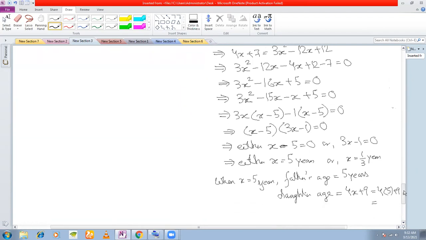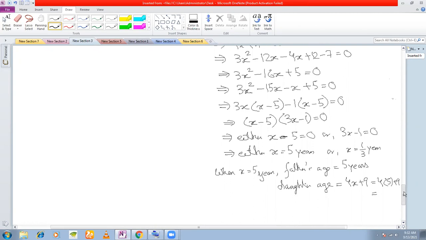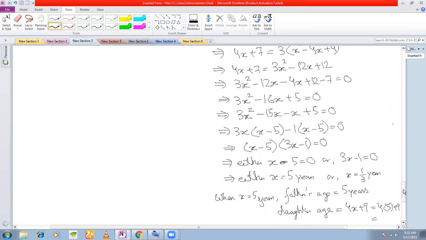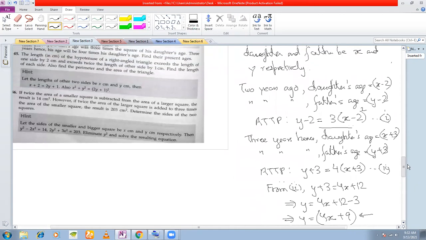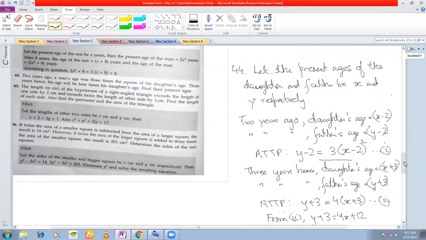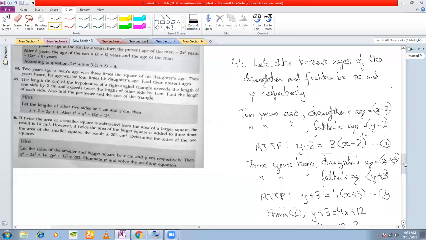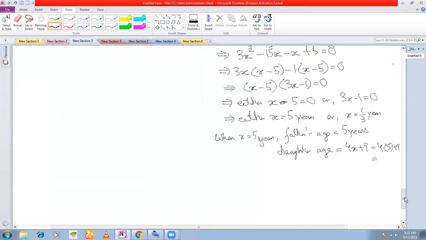Sir, father's age is y. Father's age is twice, but that is 2 years ago. We have to find their present age. Father's age is y and daughter's age is x. Daughter and father. Okay, father's age is y. Okay, then that is okay. 29 years. And when x is equal to 1/3 year,